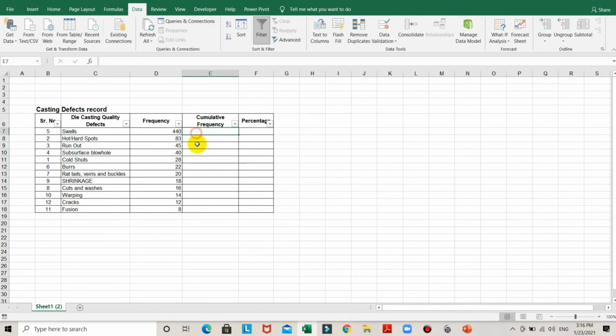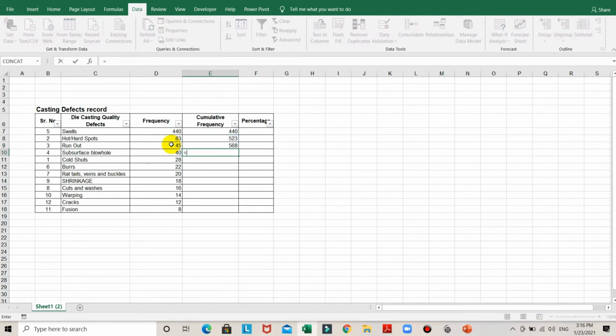And now you can go for the cumulative frequency addition. The first frequency will be as it is, and then we have to keep on adding in a cumulative way. Just select the first total and the second frequency. Similarly the second total plus the third frequency.